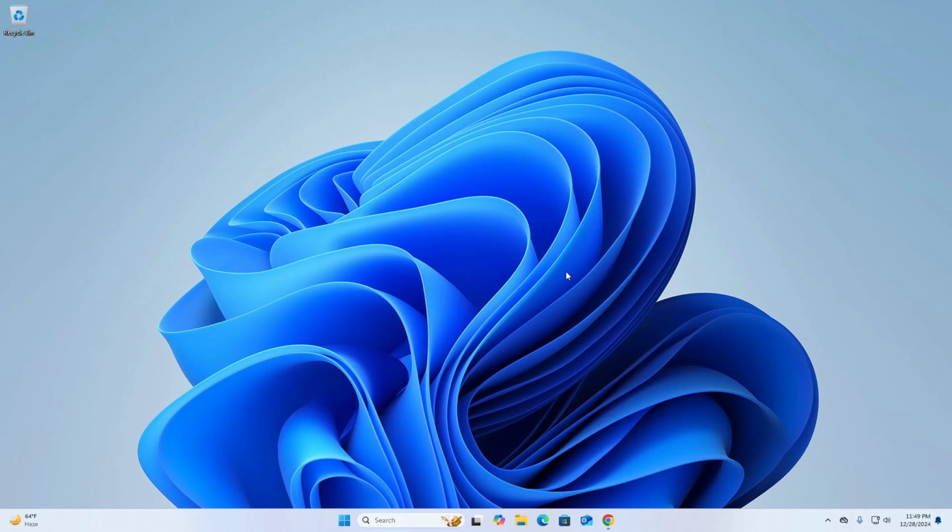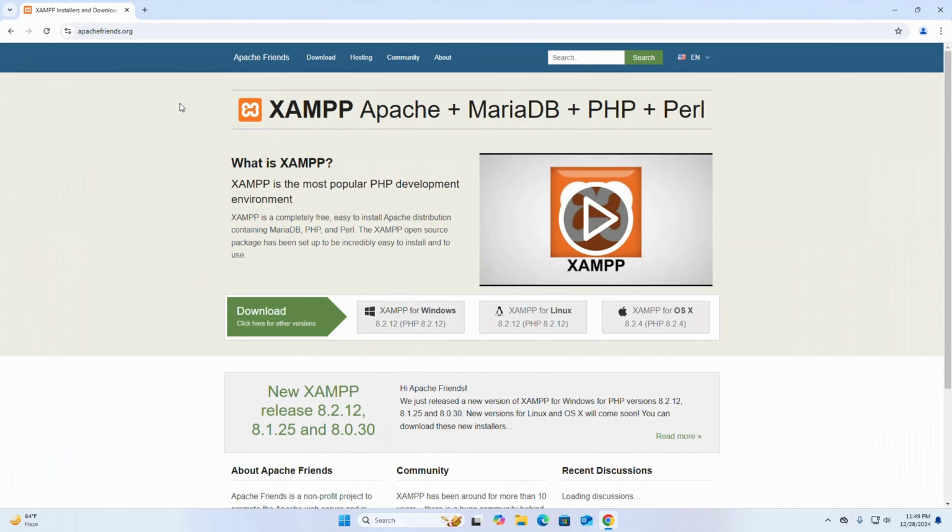In this video, I am going to show how to download and install XAMPP on Windows operating system. So let's get started. At first, open your favorite web browser and browse this URL